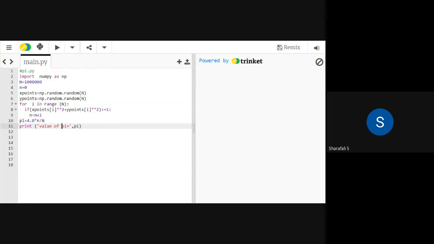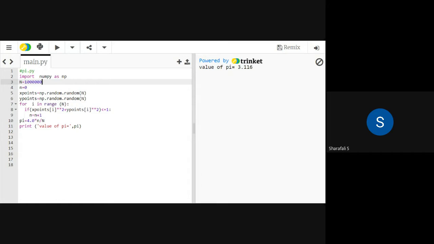Here we are using random numbers, and I will just reduce this number a little bit. Now I'm considering 10,000 times. Since it is just generating random numbers, each time we'll get different values. So let us run this program. You can see the value of pi equals 3.116 in this case. It is not that close, but if you increase this number, let's say this is 10,000.